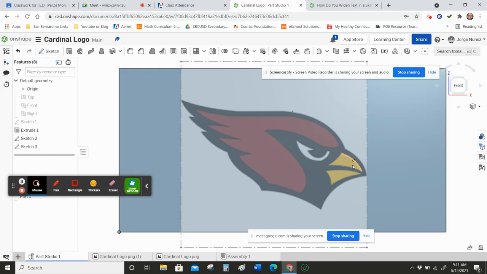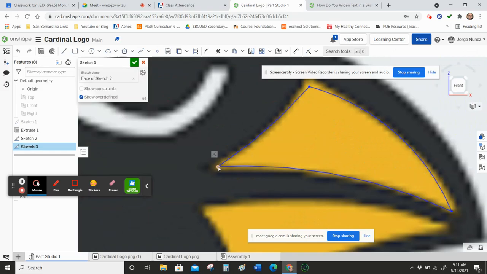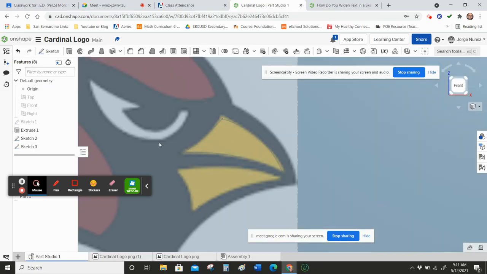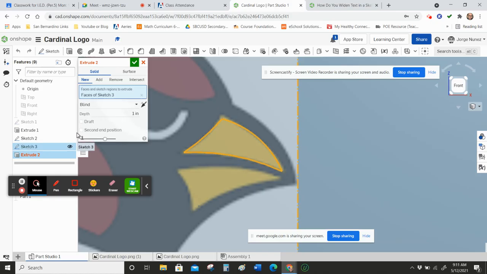If it is not perfectly connected, then it will not let you extrude anything. So if I double click on sketch 3, I need to make sure that this is actually connected together perfectly. And if it is connected together perfectly, then it'll let you extrude. So let's see. Now let's say I want to make an extrusion. So extrude, sketch 3. And now let's say I want to emboss it or engrave it. So I want to make it go 0.1 inches in the negative direction, remove material,